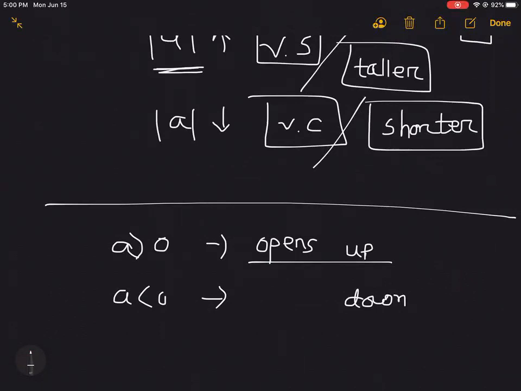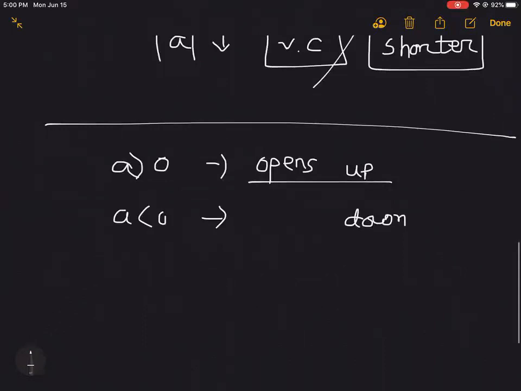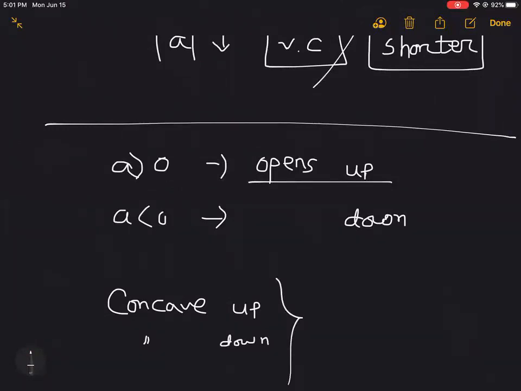So in maths, we use the word concavity. So opens up means concave up, and opens down means concave down. That's a mathematical interpretation. Now, how does that look graphically? So concave up